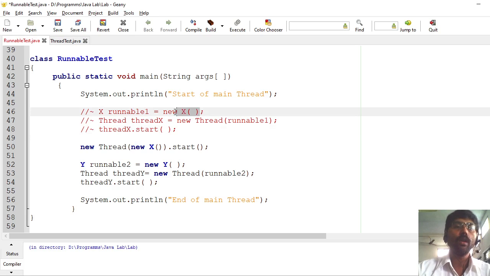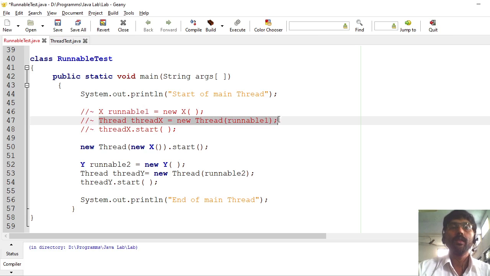First, I have to create an object of a class which implements Runnable. For example, X is a class which implements the Runnable interface. So first I have created one object called runnable1. Then I have to create one thread using the Thread class. Here thread X is a thread which is created from the Thread class, and I have provided one parameter called runnable1.